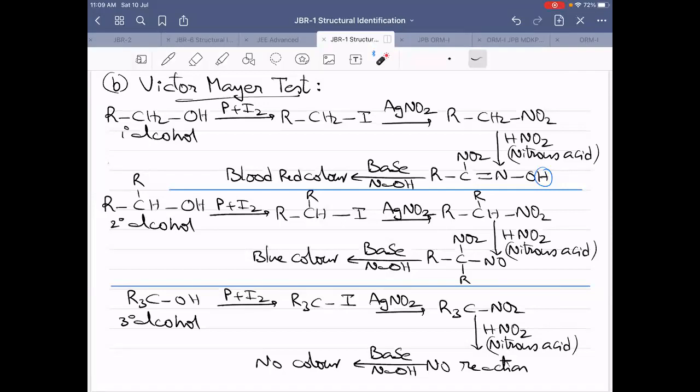One C means enol will not give the reaction at all. We will decide first of all whether it is alcohol or enol. After that only we will get into it. That is decided earlier itself, Roshan. That is already decided by CAN test and neutral FeCl3 test. Yes, these all we need to remember.